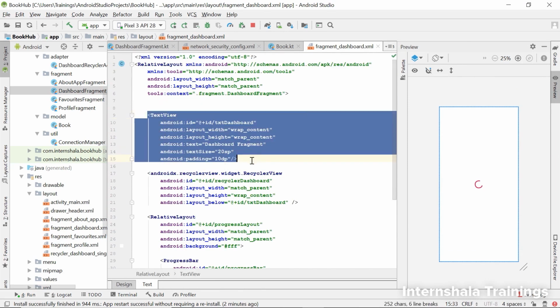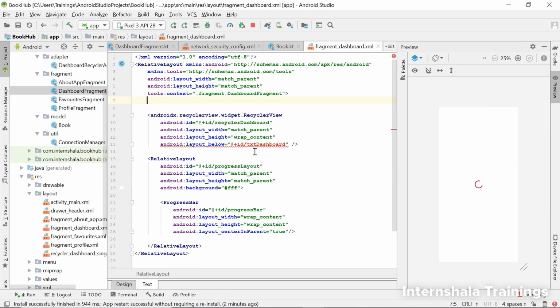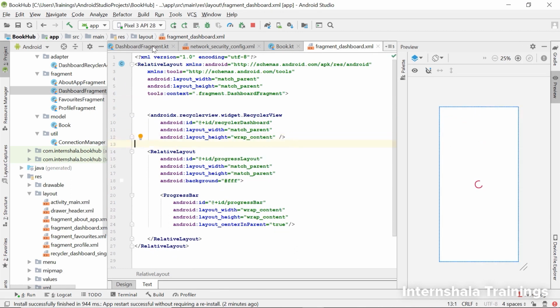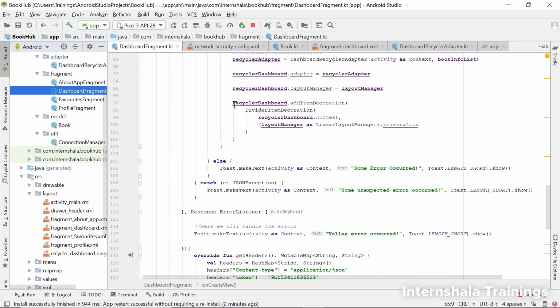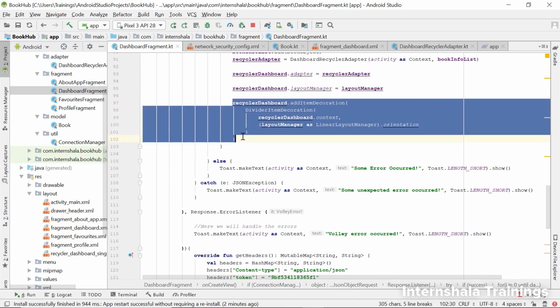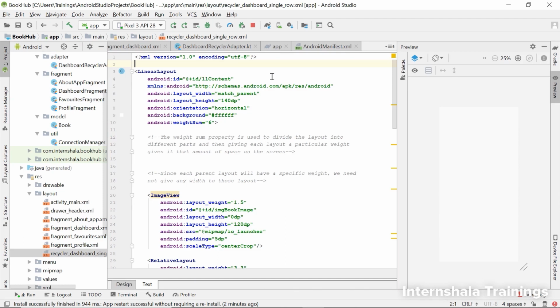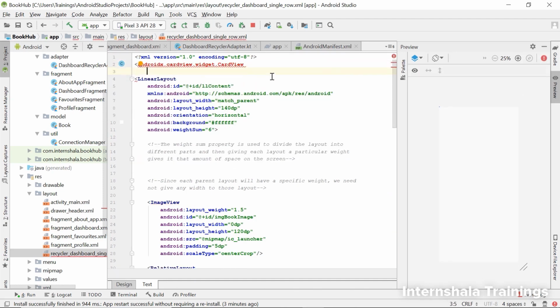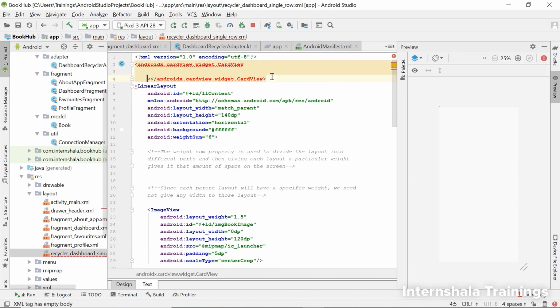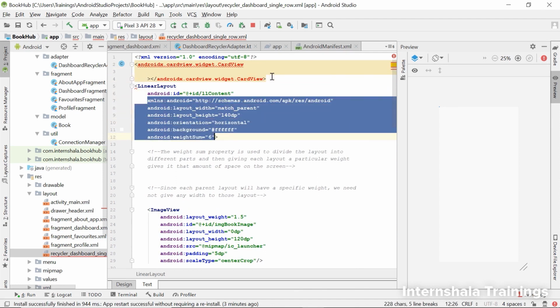Then we'll remove this dashboard fragment text, which is also unnecessary here. We will also remove this dark divider line and make the UI of the book cards better. Now here we will add card view as the parent layout. This will make the entry for each book appear as a card.